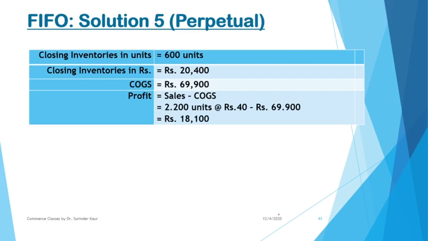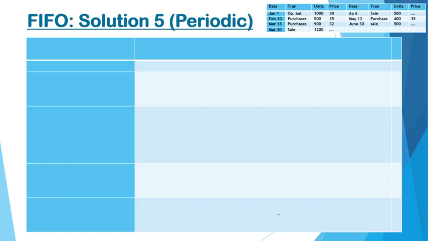Right. Now if a similar question is to be solved under the periodic system, suppose your question says follow it under the periodic system also. What we'll be doing is we'll simply delete the sale items. Just ignore those sales because under the periodic system we just keep track of purchases. So you take track of purchase invoices and then you can make the calculation. So this is how our question will appear.